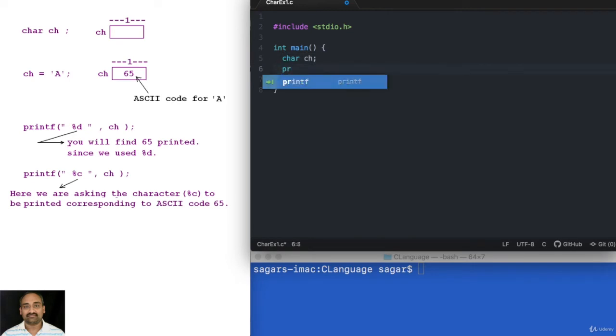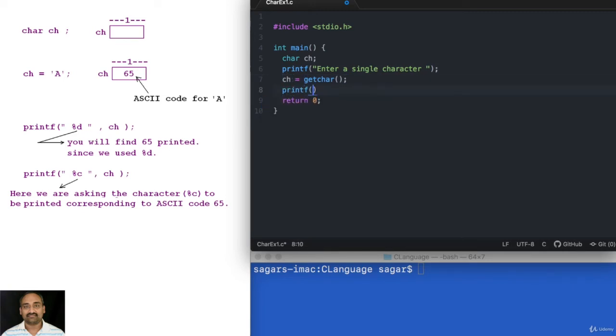Now let us say printf, enter a single character. And we can actually read the character using getchar. getchar enables us to read a single character and returns the corresponding character, which we can place in ch.